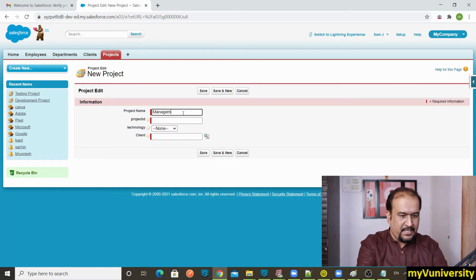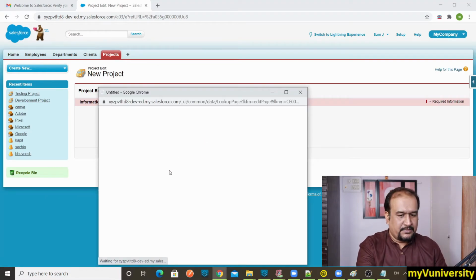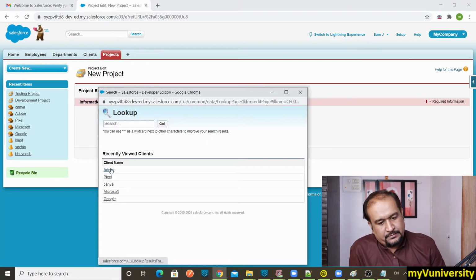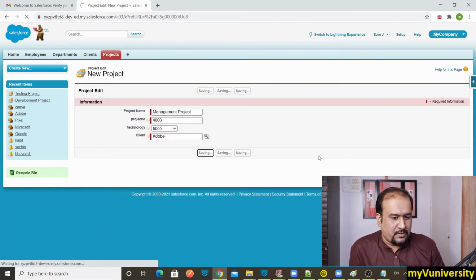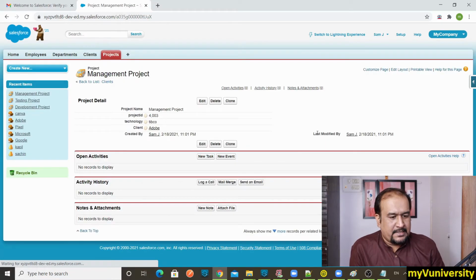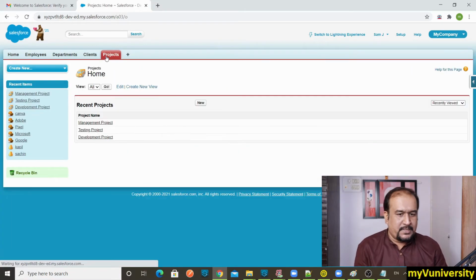It will be like management project. Project ID is, let's say, 4003. Technology is, let's say, TIBCO. Client is, let's say, again, Adobe. So one client can have multiple projects. Let me save it, and I can see that this is what the projects are.